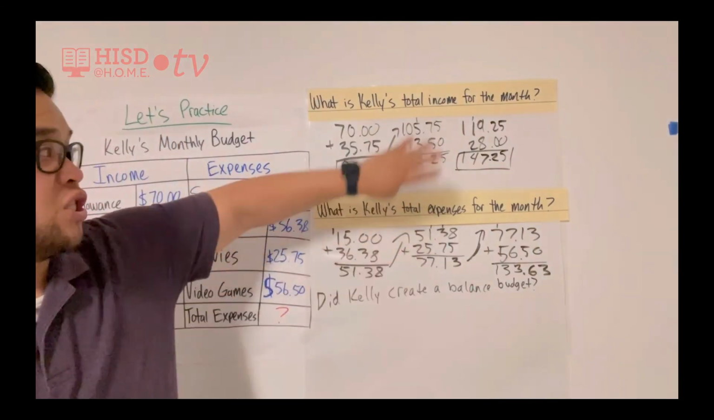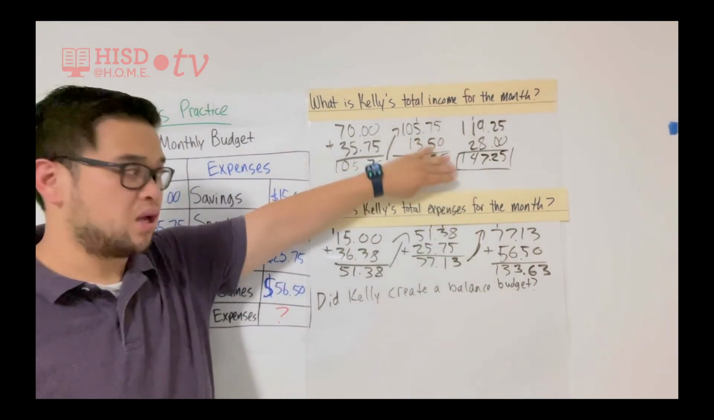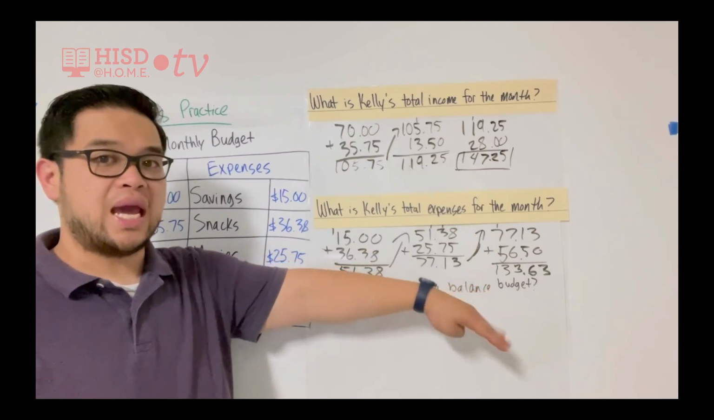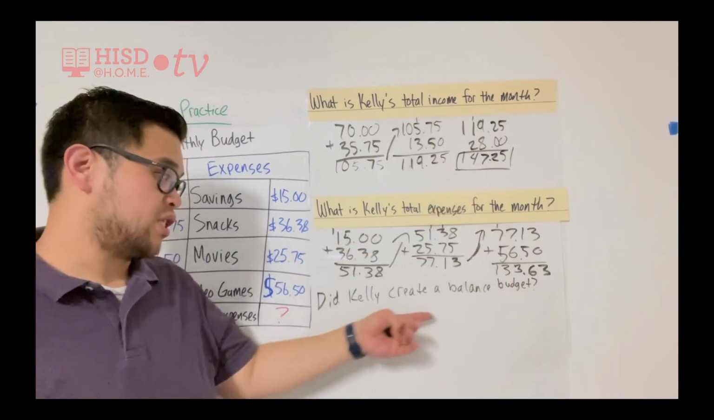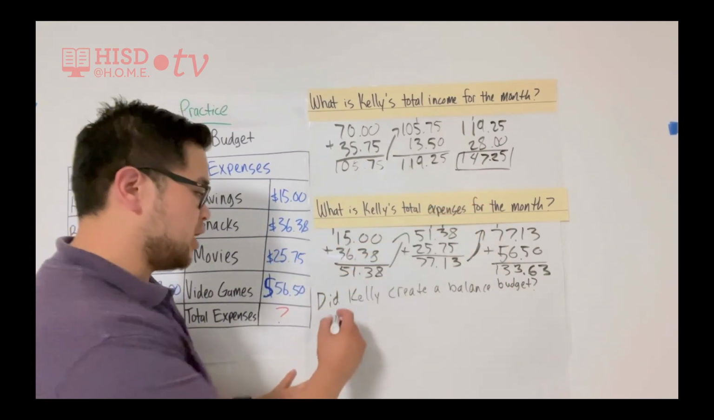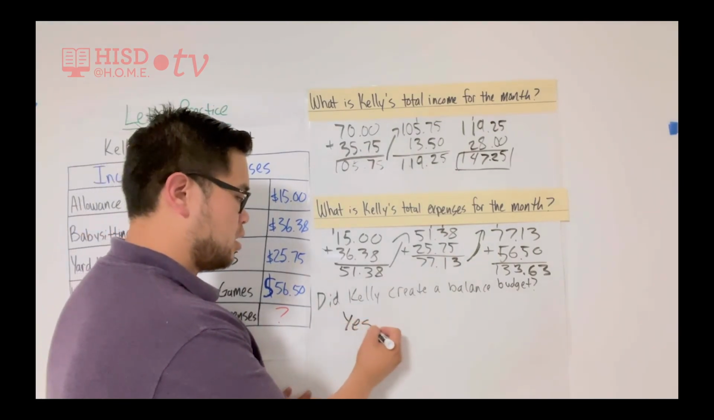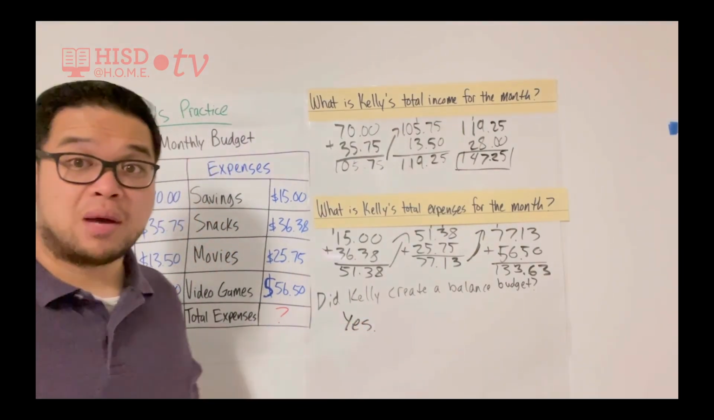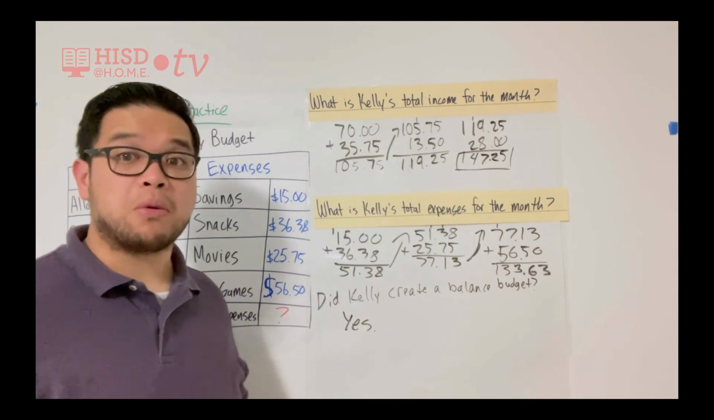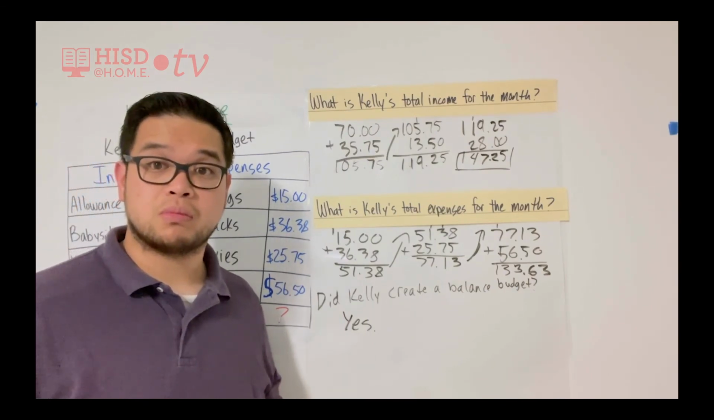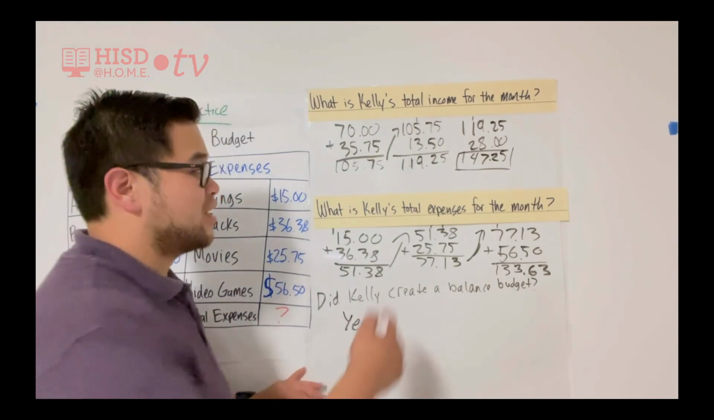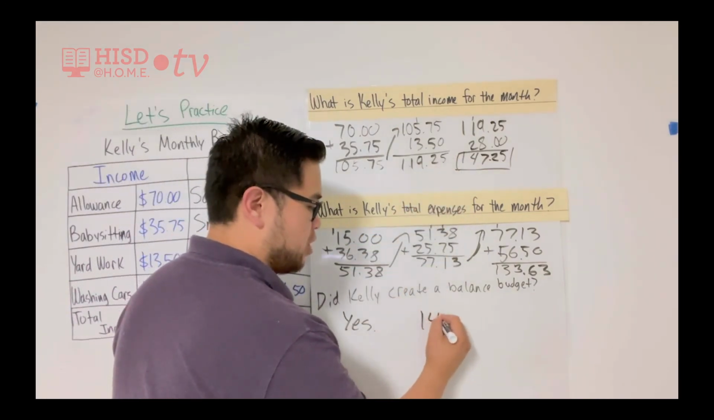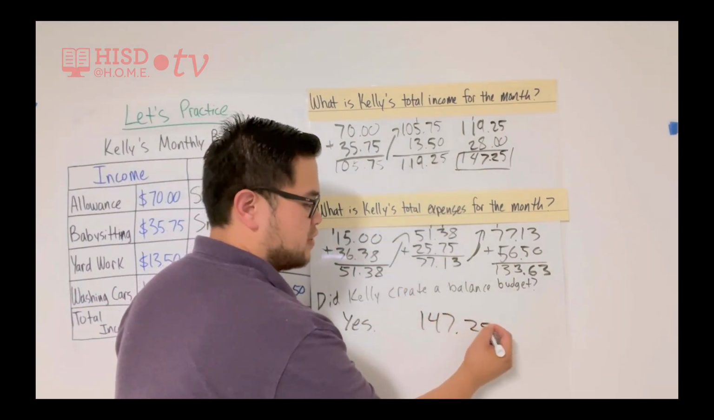So right now she has a good amount of income to cover her expenses and still have some left over. So did she create a balanced budget? Yes. And now let's figure out how much income she has left over. And remember, to do that, we have to subtract. So we're going to subtract $147.25, subtract